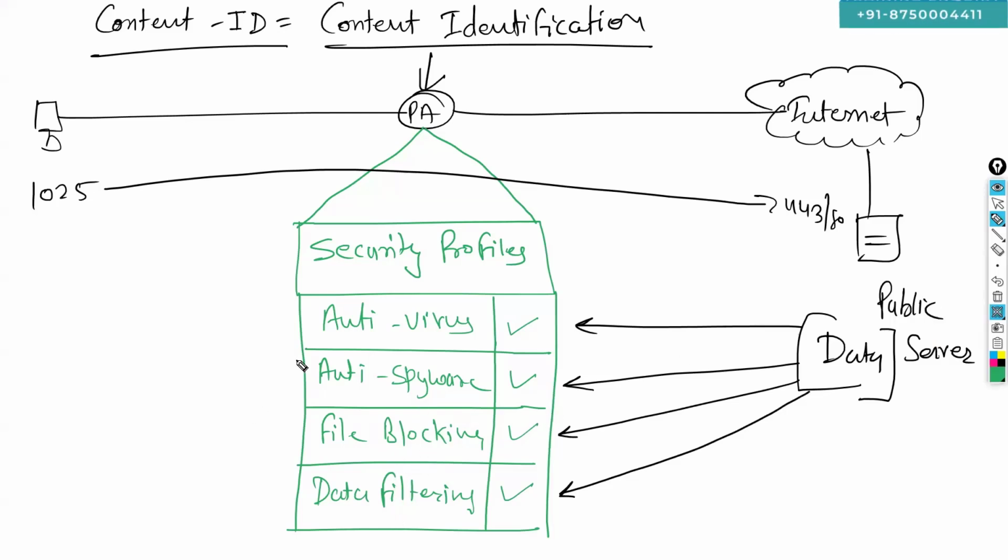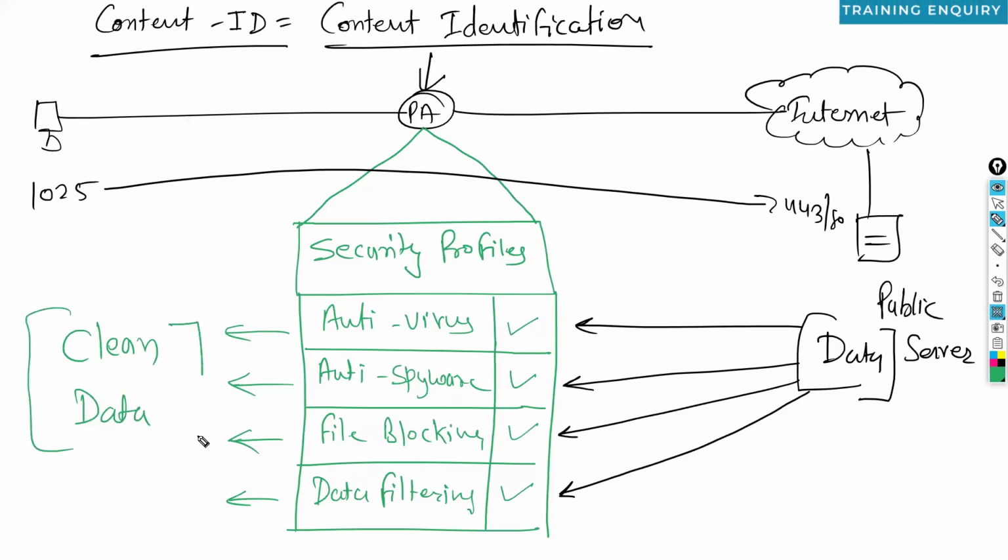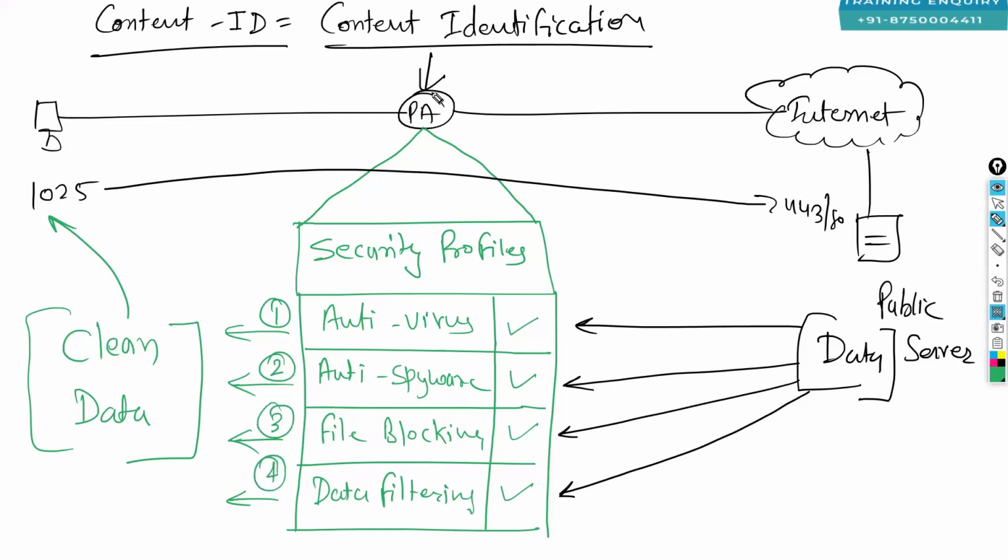Conclusion. These profiles will help us to clean the data. Clean data means virus free, spyware free, controlled file, no confidential data leakage. That clean data will be offered to the user. So when we are enabling antivirus, anti-spyware, file blocking, and data filtering profile on Palo Alto Firewall, that will be